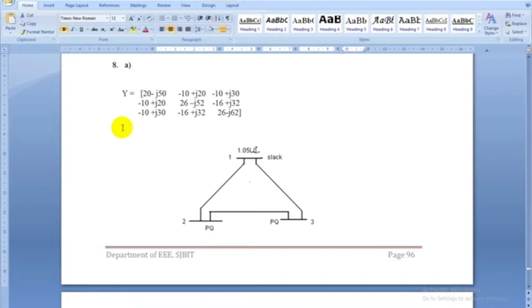So if you know that theory background, one can easily understand the program. So the coding logic is based on the theory what we have learnt in PSA2 subject. So here once again I am telling, Y bus is given, the same I am taking in the program, and also voltage at the first bus is given, and voltage at the second and third bus are not given. We have to assume that is flat start, 1 at an angle of 0 at each bus, that is 2 and 3.